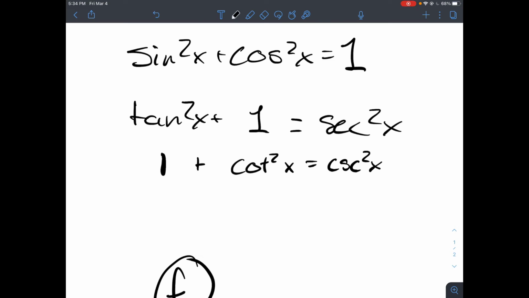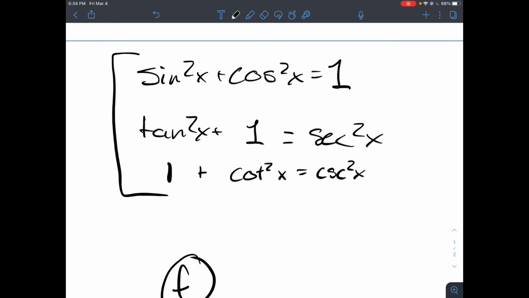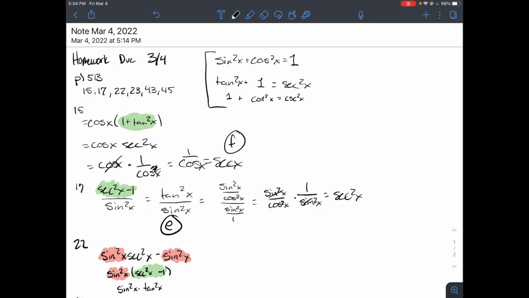And if you guys are not understanding how to get these three, I would really highly suggest looking into some more videos about just Pythagorean trig substitutions. I know we've been over dividing everything by sine and cosine in class. I know we've talked about stuff, but if my explanation doesn't resonate with you, I would suggest